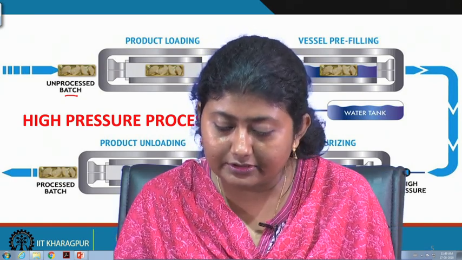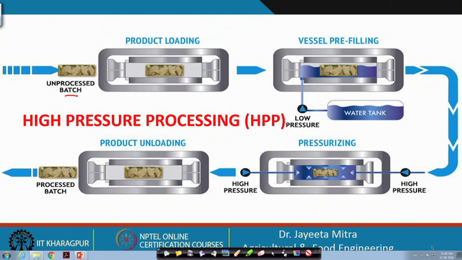So, this high pressure generation causes an isostatic pressure distribution. We can see from all the sides the same pressure is applied on the food product, and because of this mechanism the inactivation of microorganisms and some enzymes occurs, and because of that the food will be intact, since the pressure is from all sides. So, no visual damage or physical damage to the product happens, and it is in very good quality, and then the high pressure is released,